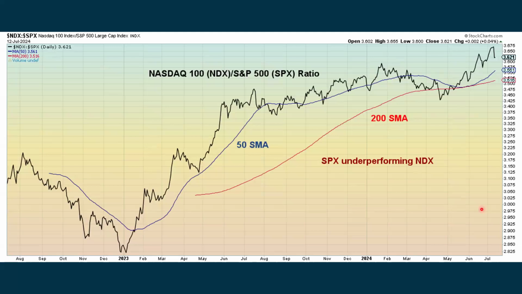The NASDAQ 100 and the S&P 500, they're both coming off of setting all-time highs this past week. And the NASDAQ 100 is continuing to outperform the S&P 500, but we are seeing a pullback. The NASDAQ was actually down this past week, where some of the other areas ended up being positive on the week. But for the most part, the NASDAQ 100 is still outperforming.